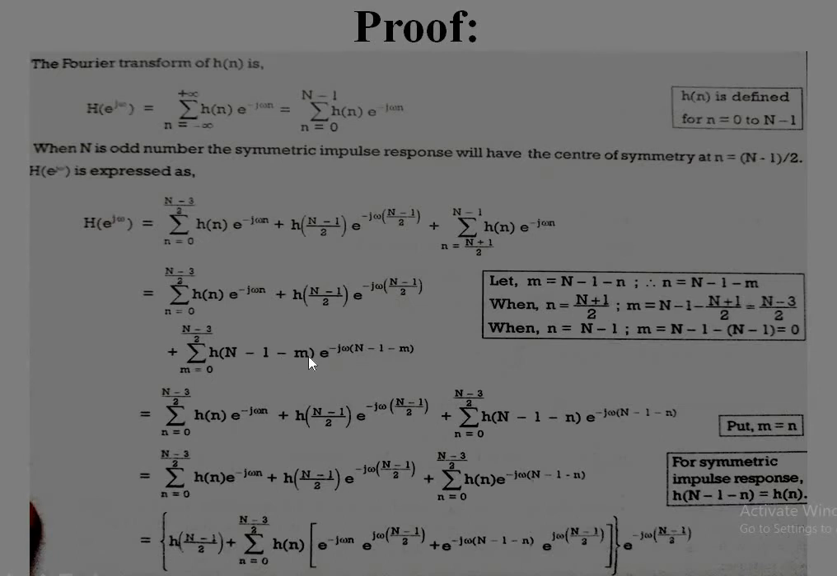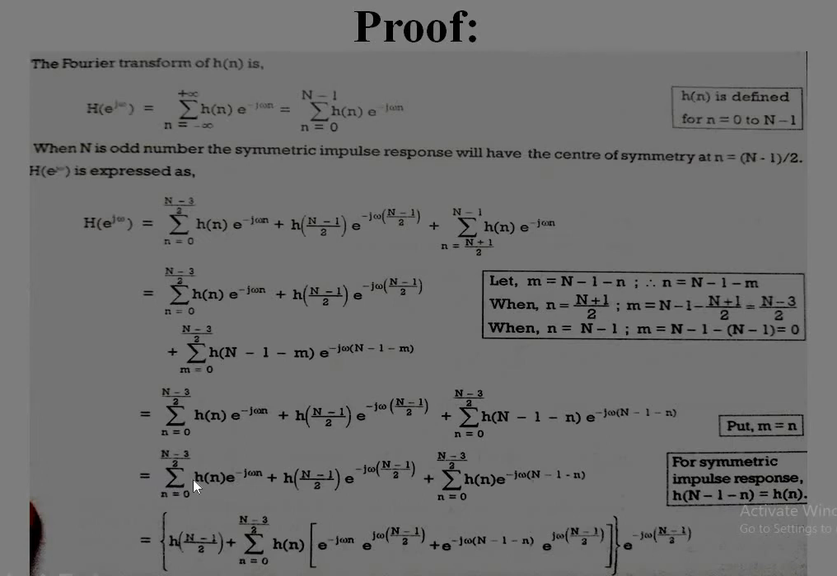Once again substituting m is equal to n, I find this as h of n minus 1 minus n and e power minus j omega n minus 1 minus n. I have rewritten the equation just by substituting m with n. As we know, for symmetric impulse responses, h of n minus 1 minus n is equal to h of n. I once again substitute h of n minus 1 minus n with h of n, and therefore this equation can